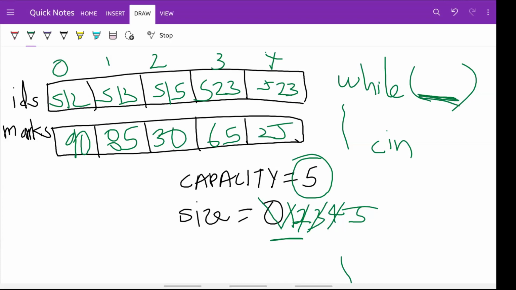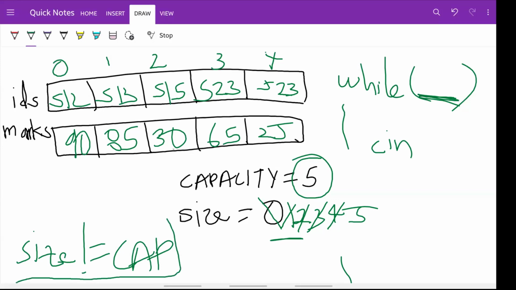We can continue asking the user for input while the size is not equal to capacity. I'll write it over here: while size is not equal to capacity. As soon as the value of size becomes 5, we will have to exit because the array will be full.